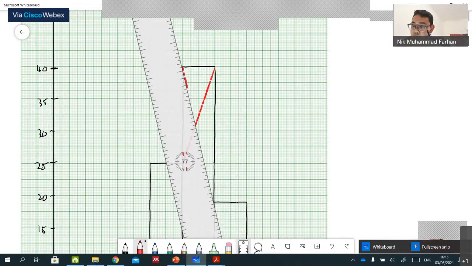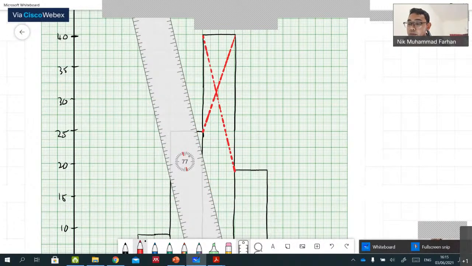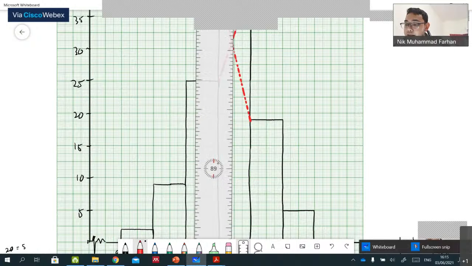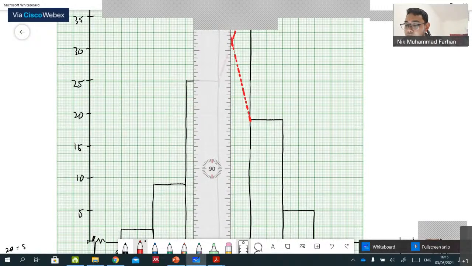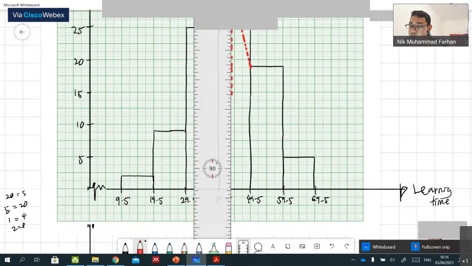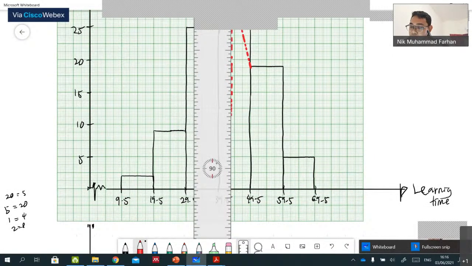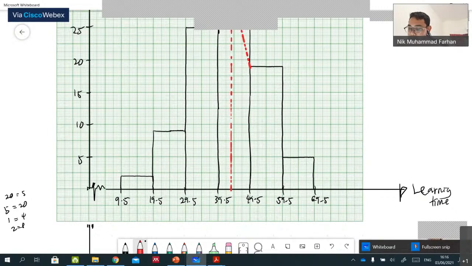Biasa range of answer ni ada banyak lah. So you biasanya kena tepat lah. Okay. Sambung. You sambung yang intersection tu dekat situ. Make sure dia intersect dekat situ kan. Alright. Sambunglah titiknya. Sambung ke bawah, lepas tu baca berapa nilai dia. Something like this. Okay. So you can now read this.